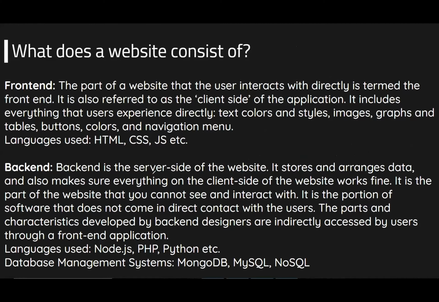Now moving on to back end, I talked a bit about back end. You can see certain languages that are mentioned over here, like Node.js, PHP, Python, etc. And then there are databases. Now, what's a database? I guess most of you have seen this feature on YouTube, like the comment system and the like system, where when you click a button the like count increases or decreases based on what you're doing. So that data has to be maintained somewhere, right? It's not going to happen on its own, or even if it's happening, it's automated.